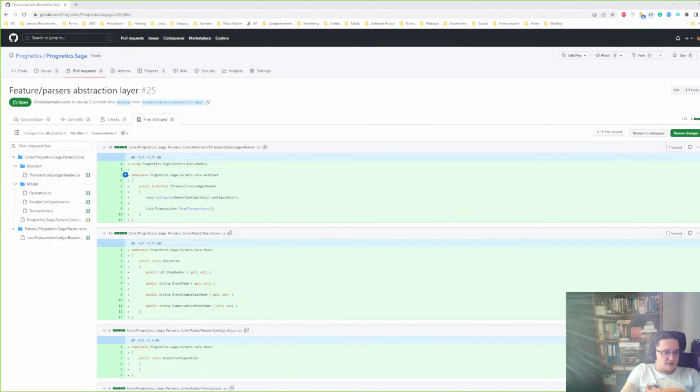what I created here is an abstraction layer over the parsers basically. So we would like to have a transaction ledger reader which will read the transactions from different files. So we always want the list of transactions, and read transaction is basically an implementation of the reader that will do the reading of certain, let's call it maybe not even files but sources. Okay, yeah, and I created the interface ISourceModel, which is very similar to this. And you can pass the ISourceModel to the